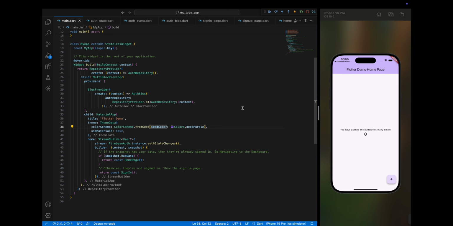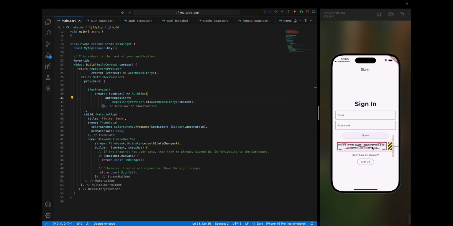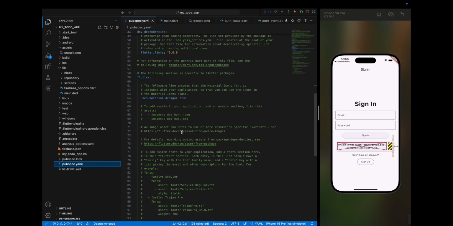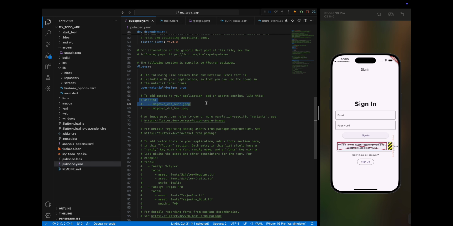Okay, it is saying unable to load assets/google.png. So we have the assets file missing here. I would go to the root project and then create a new folder, assets, and then paste this google.png here. After that I would go to the pubspec.yaml file, and then I'm going to uncomment it and